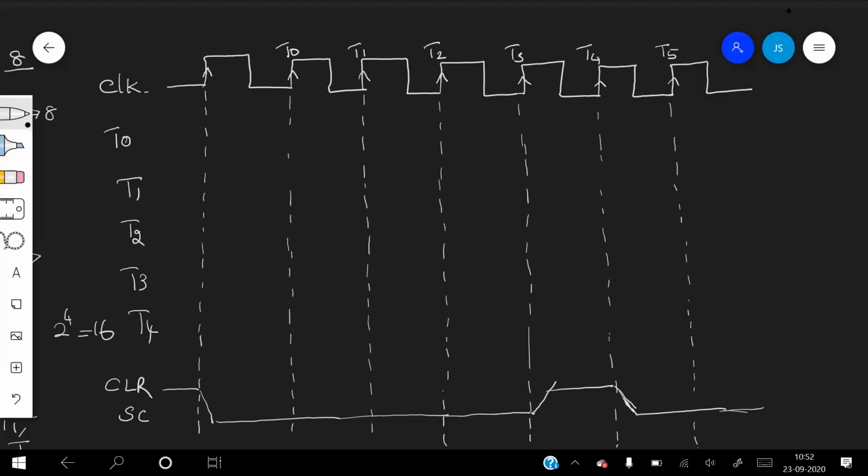Okay, let's say that the clear control of SC is positive, meaning active at the beginning.